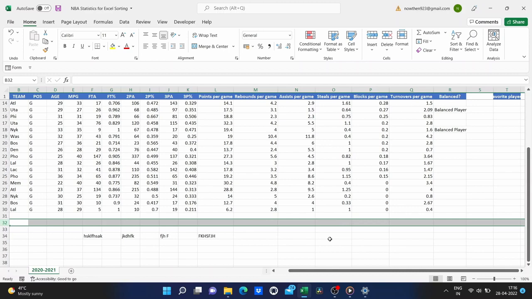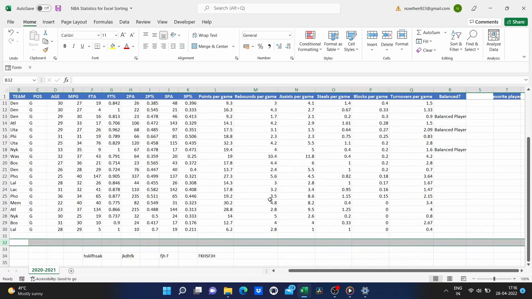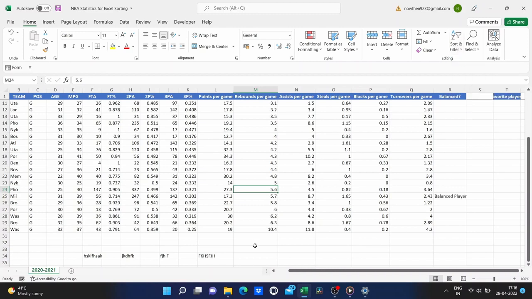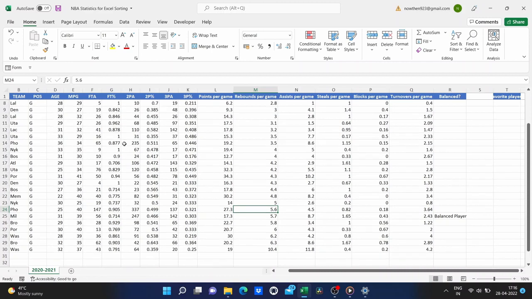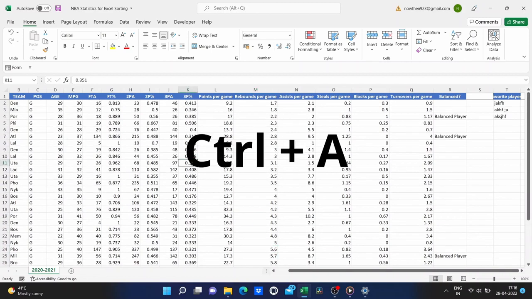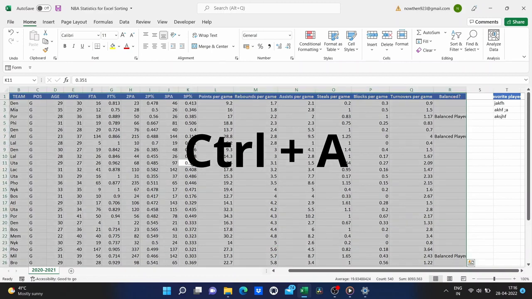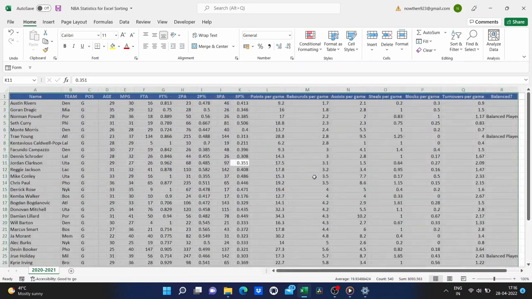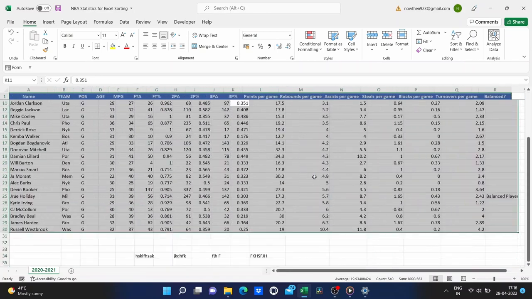So now, when I do my sort, it doesn't affect this data that's below. One trick that you should know to help you check any information that may be around your data is to click inside the data somewhere, hold Ctrl, and tap A. That will select all of the data that's together. So notice it did not include my list of favorite players. It didn't include anything below the data at all.